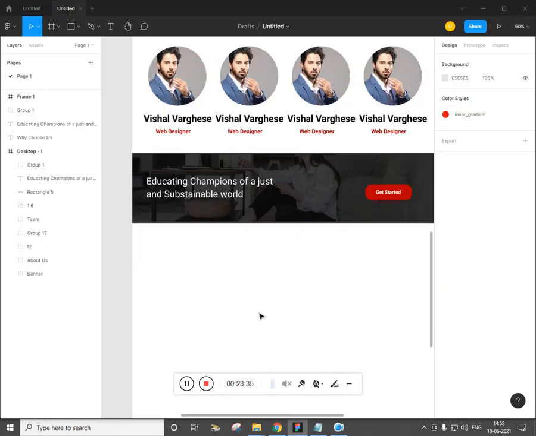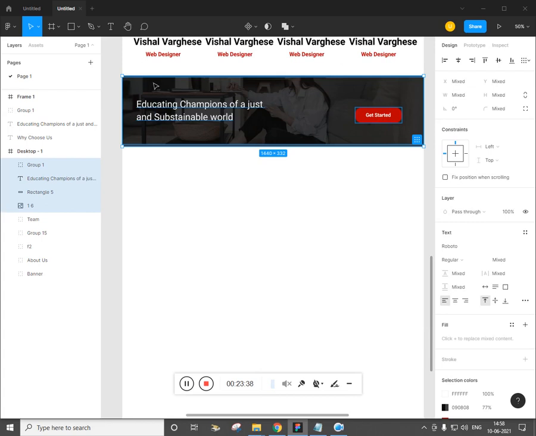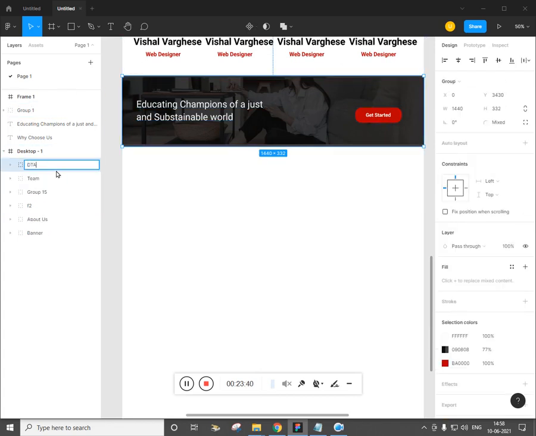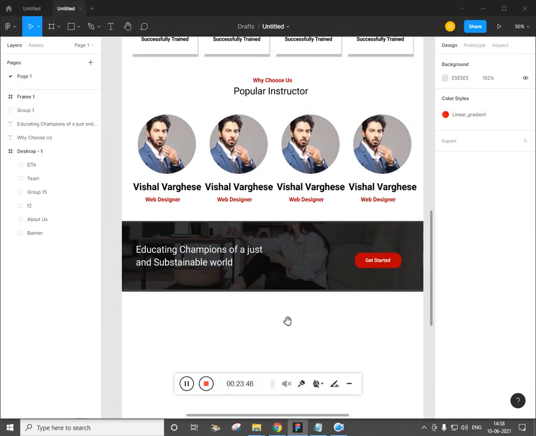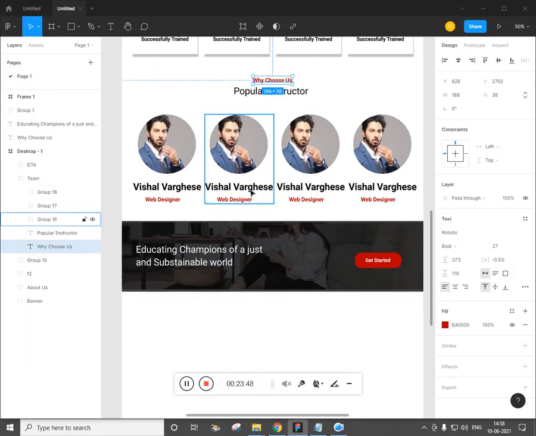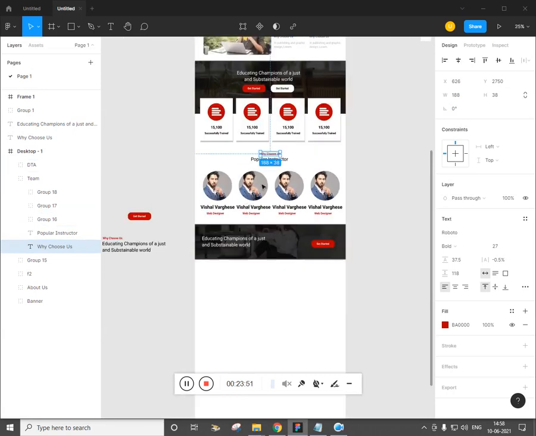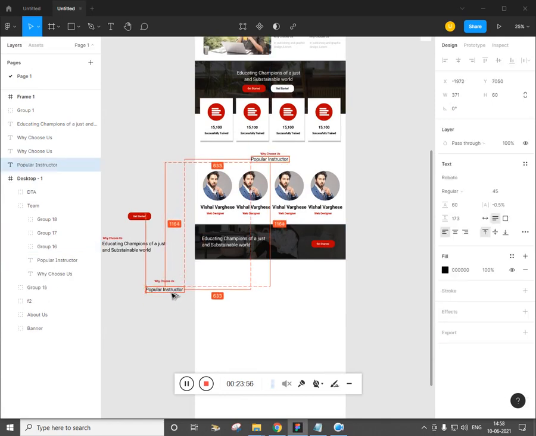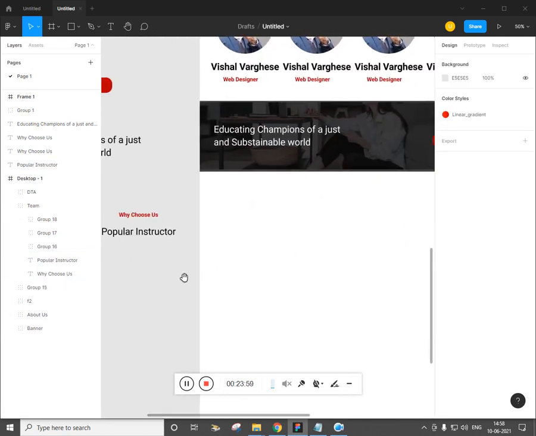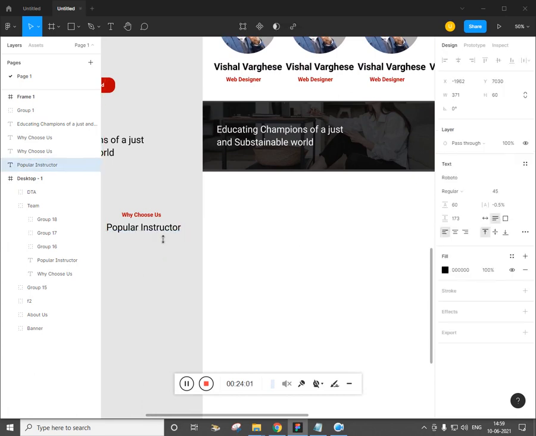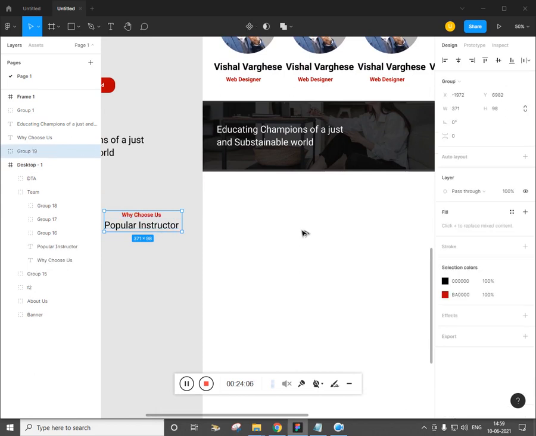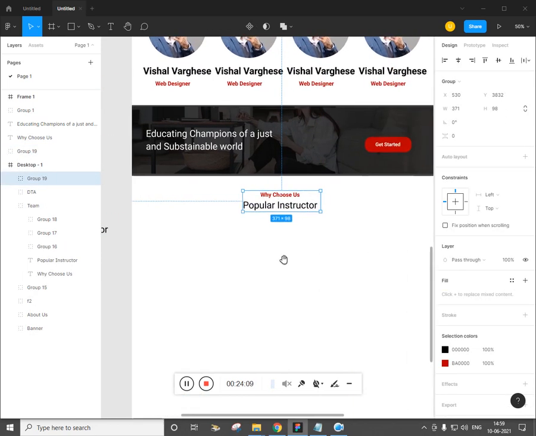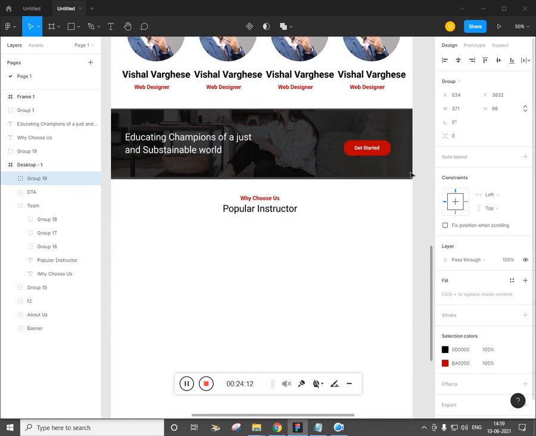Now let's work on the block section. Before that, let's make a group and call it call to action section. Now individually select it, take it out by pressing alt. Now zoom in. Now what you can do is just properly place it, select these two, make it a group and place it. Now this is going to be the block section, and that is self-explanatory.